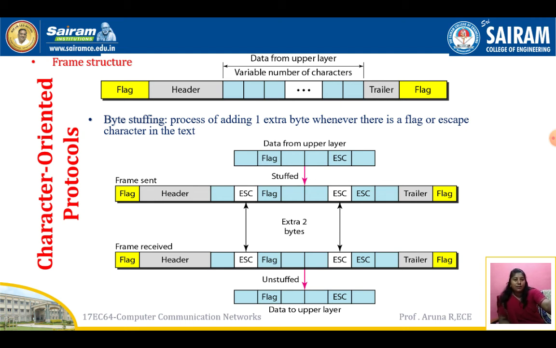So you need to have some flow control and error control. For this purpose we'll be using the trailer. So here in between is whatever your data is. Suppose some character is similar to the flag, what will happen in the data? If the character is similar